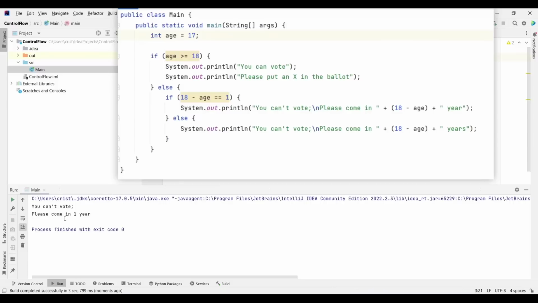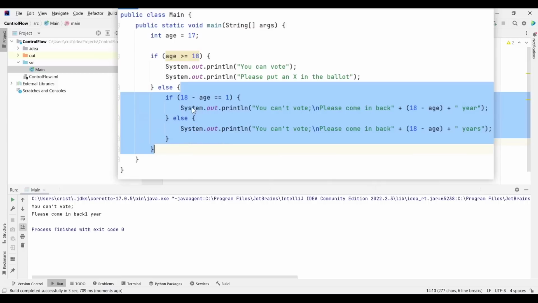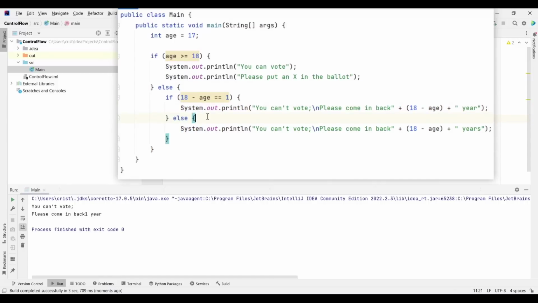it says please come, let's put here back, please come. Okay, let's run this again, and now our logic is working, and you nested, as you can see, inside the else we nested another if and an else. So this is how you can nest ifs and elses inside elses or ifs. So I'm gonna end this video and see you in the next video, and let's put a space here. So let's run this.